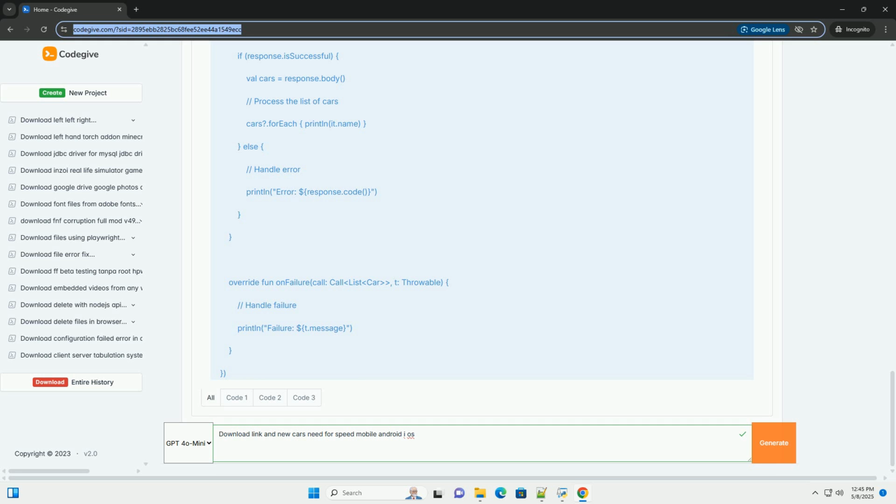2. Modded APKs, Android, and hacked IPAs, iOS, the risky route. What they are: these are modified versions of the game's installation files, APK for Android, IPA for iOS. They claim to unlock features, add cars, provide unlimited resources, or alter gameplay. Why they're risky: